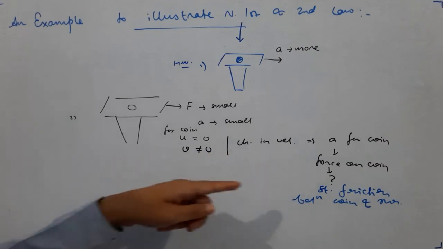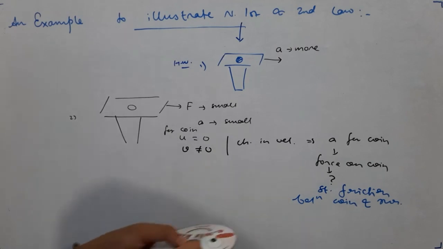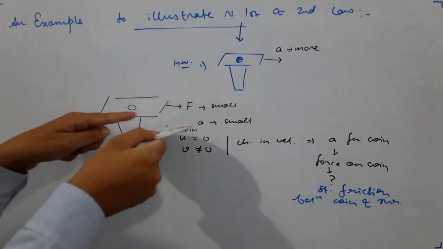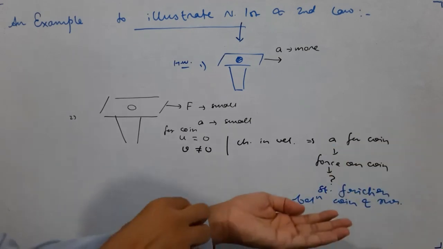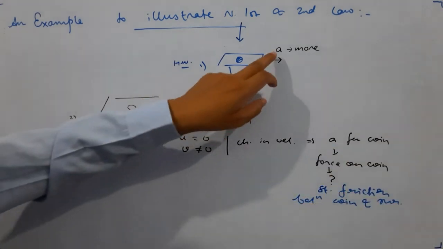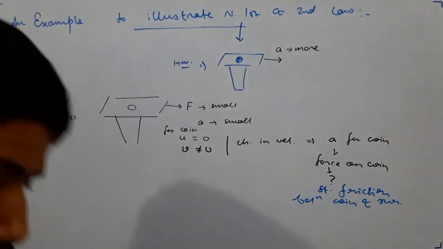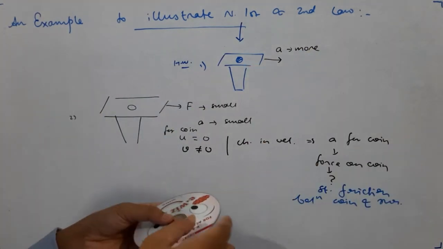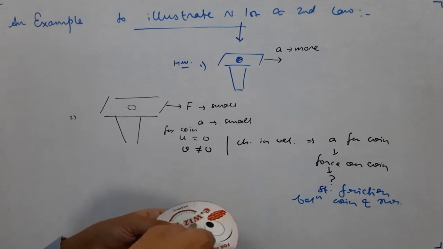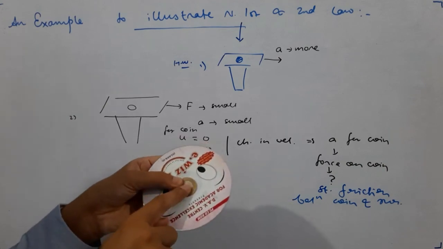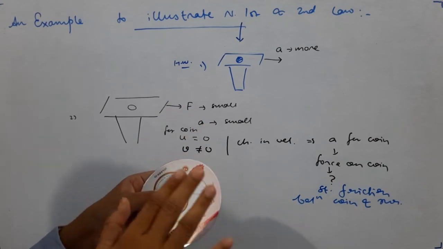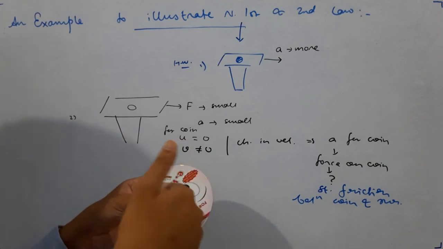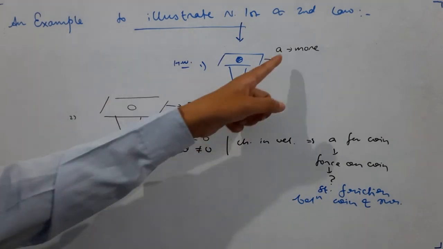This frictional force, which is static in nature, is sufficient to produce that much acceleration on the coin. That's why they move together and it does not enter into the glass. In the first case, when you move the CD very fast, the acceleration is large. To make this coin move along with the CD, it has large acceleration, so a large amount of force should be exerted on this coin. Frictional force, static friction between this coin and this CD cannot increase to that large value to produce this large